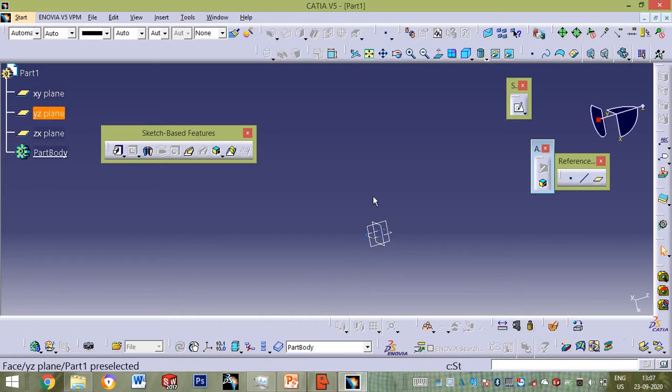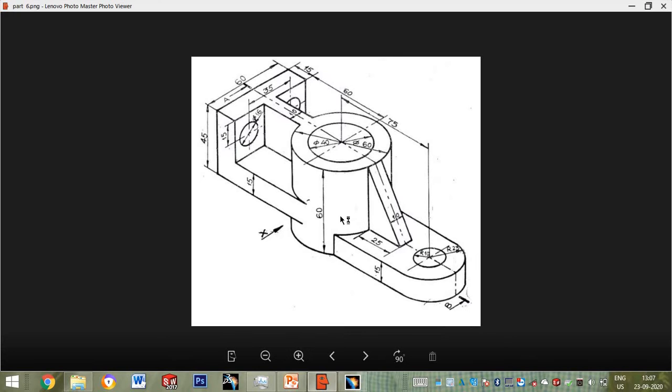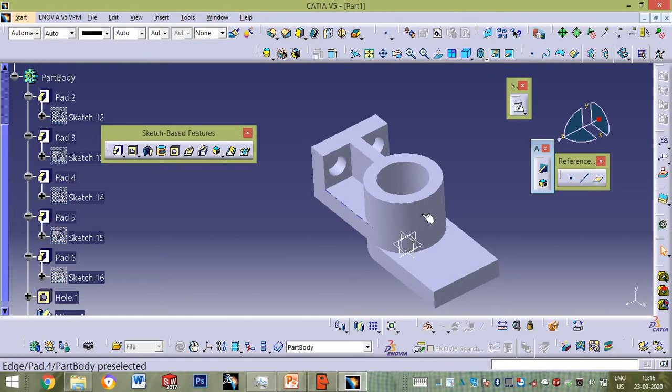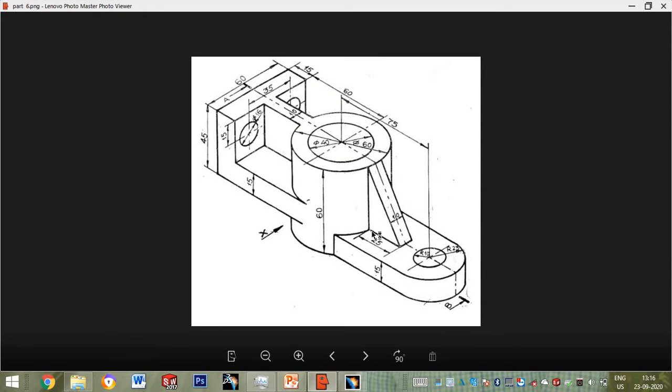Next we have stiffener. For stiffener we should do some pre-arrangements, prerequisites. I am taking this drawing as one of my examples for stiffener. I will create this, so this is the created one. I concentrated more on this part. Now I should create this one, so I will go for stiffener.